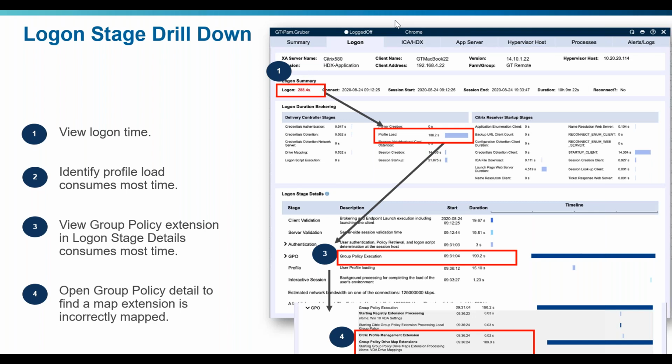And they were able to see this across the board. So it wasn't just one user. They were able to go back historically and see that this was happening to many users, and it wasn't just a one-off thing. And you can't really do that without the historical data. So seeing 190 seconds on group policies is great, right? You can probably see that in Citrix Director too. However, what's unique about our technology, again, is they were able to open this up and see that